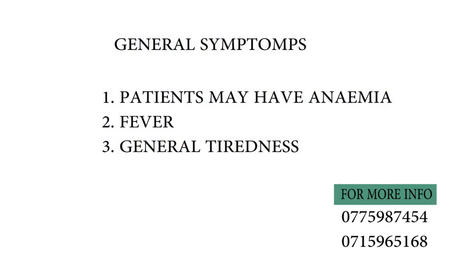It can also affect the neck and the shoulders, and rheumatoid arthritis is also a systemic disease. It can affect other organs like the heart, the skin, the lungs, and usually you have general symptoms whereby you find the patients have anemia, they have general body malaise, sometimes they may have fever, and they have a general feeling of tiredness. The most important thing in the treatment of rheumatoid arthritis is early diagnosis to prevent the joint